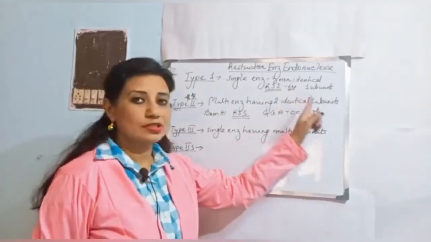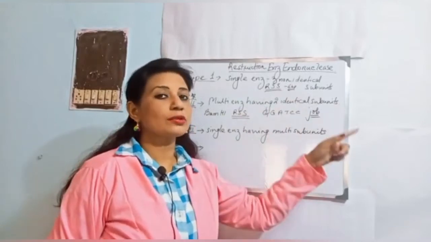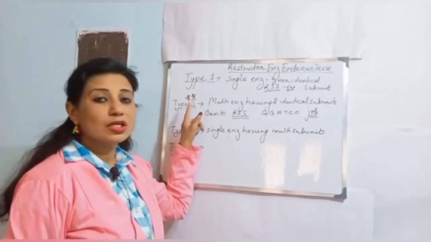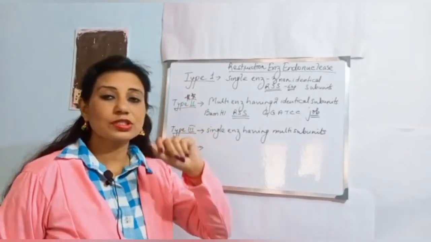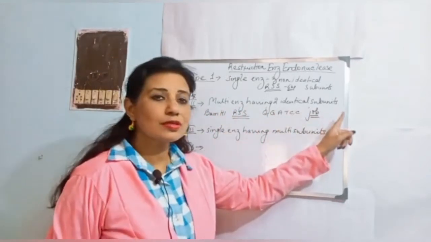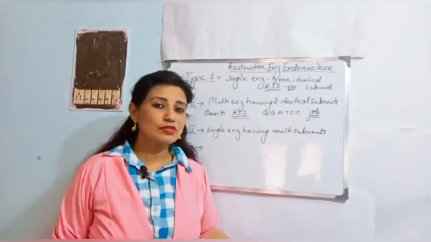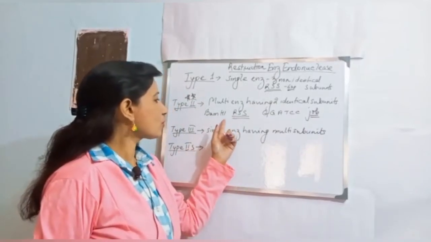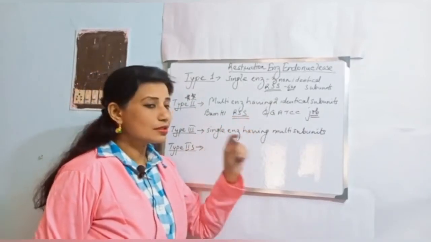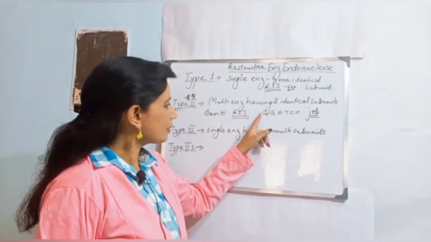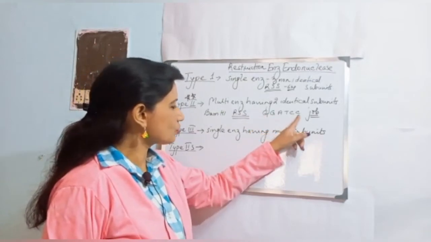So let's go ahead. Yes, in case of type 1, the cleavage takes place at another point, 1000 nucleotides afterwards. Let's go to the next one, type 2, where I have put 2 stars also. It denotes that very much specification is found in type 2. Multiple enzymes having 2 identical subunits, and the job specification, as I have specified earlier, is there in case of type 2. In BamH1 the restriction signal sequence is found. A particular sequence I have written, GATC, and then another G comes and joins in the first stage and the C joins in the later stage.